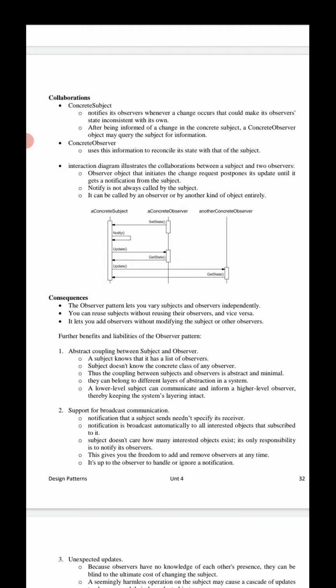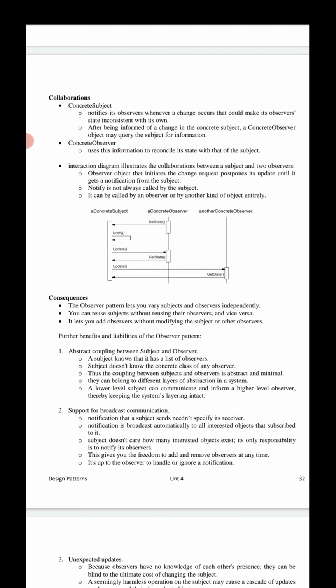A concrete subject notifies its observers whenever a change occurs that could make its observer's state inconsistent with its own.